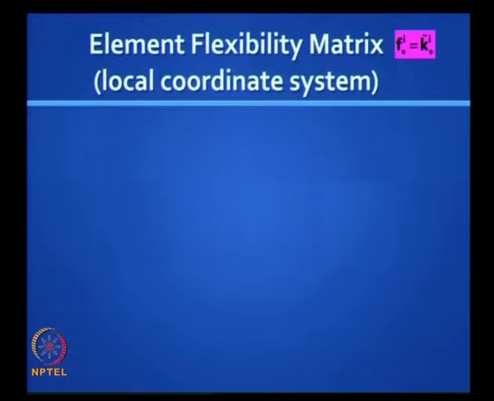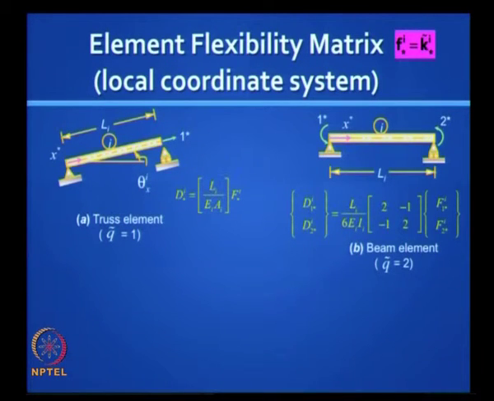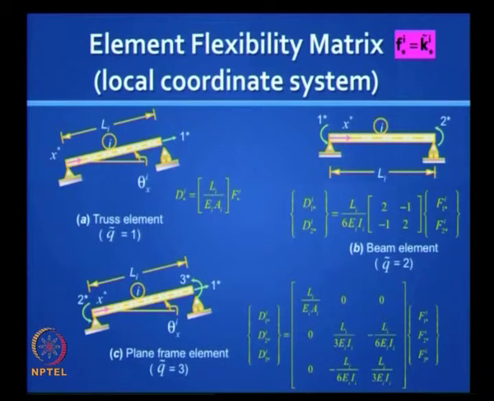What about the flexibility matrix? That is very easy. I put it this way, I flip it over and I call this axial flexibility. And look at this, this makes sense. Remember, if I apply a moment here, what is the rotation I get there? L by 3EI, and what do I get here? L by 6EI with an opposite sign. That is what this matrix tells you. So it is not difficult, and by the way it is the inverse of the previous one, and similarly this works out.